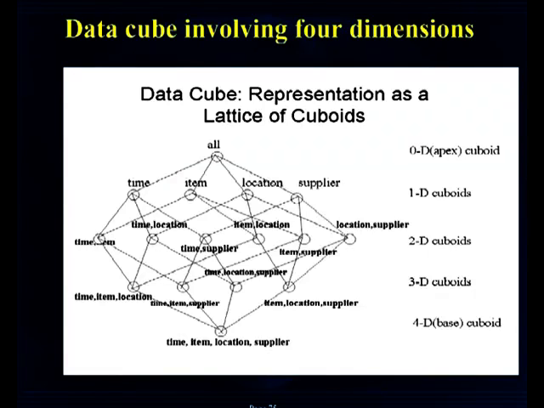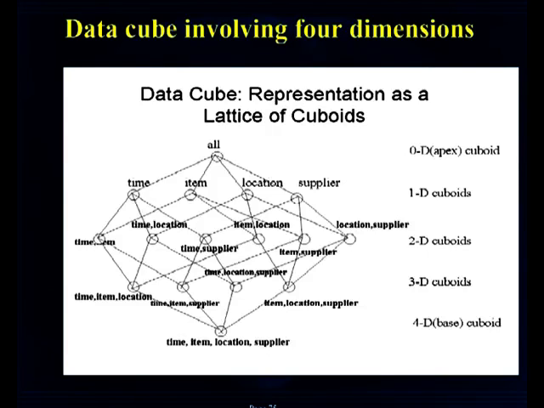Zero-dimensional cuboid involving all the cells, and base cuboid involving the 4 dimensions. And between these two we will have varied levels of summarization. So in this slide, time, item, location and supplier are termed as dimensions. Lowest level summarization is placed at the 4-dimensional cuboid called base cuboid, and highest level summarization is placed at the 0-dimensional cuboid